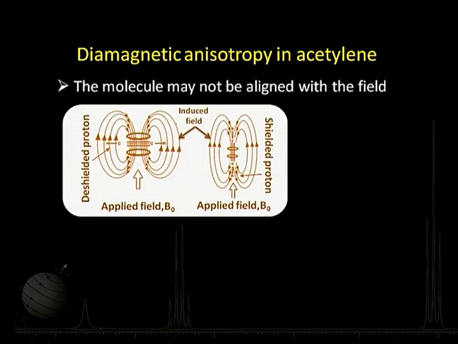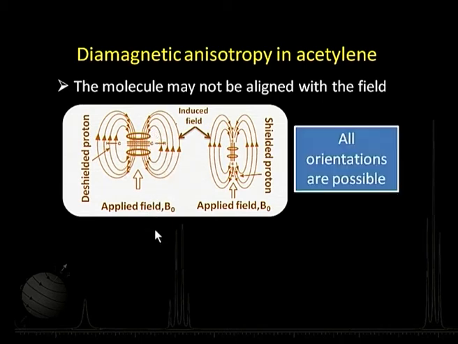And here one more thing happens: the induced field which comes up here, which is generated here, we find that at a proton here, because these are my carbon atoms, this is a proton here. So, here actually it is augmenting the applied field, it is in the same direction. In this case it was opposing the field, here it is augmenting it, but this effect is much weaker. And in principle, as I mentioned earlier, all orientations are possible.